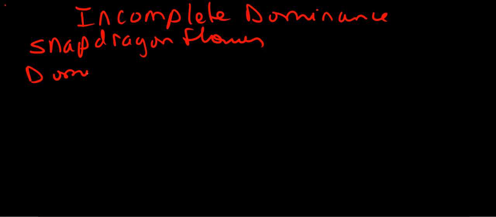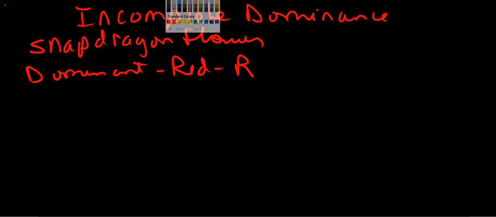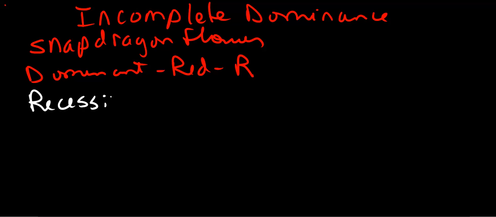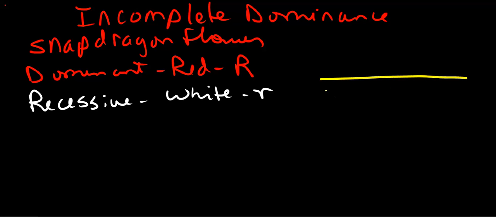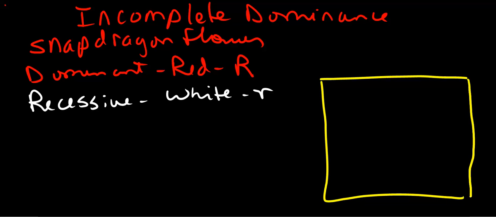Dominant is red. Recessive is white. So if we do a Punnett square with heterozygous parents,